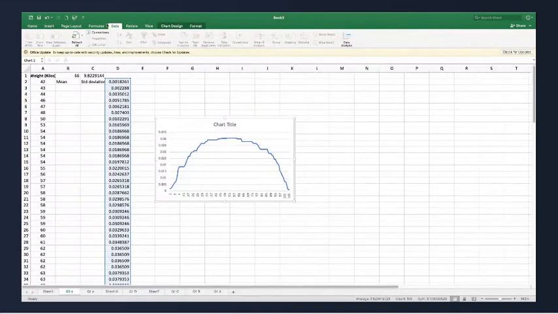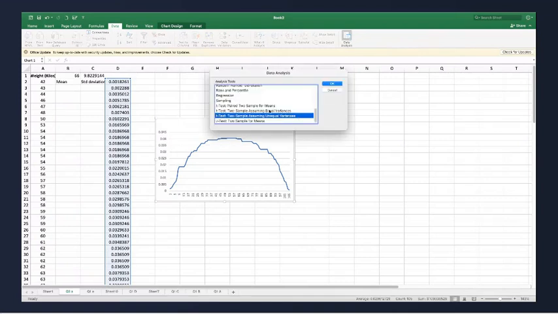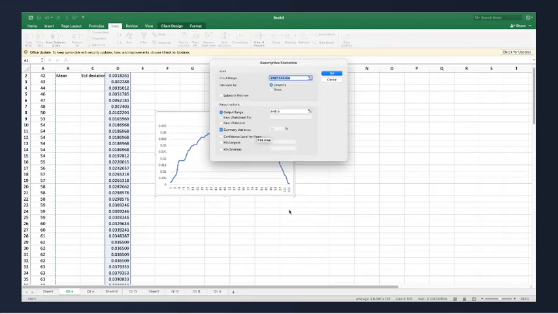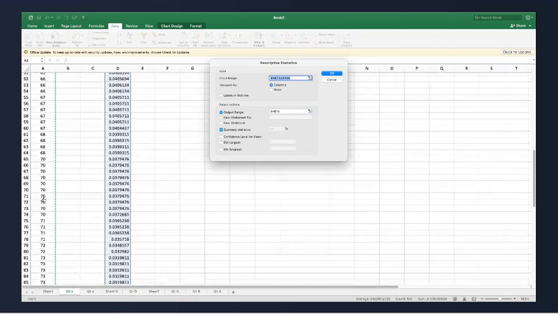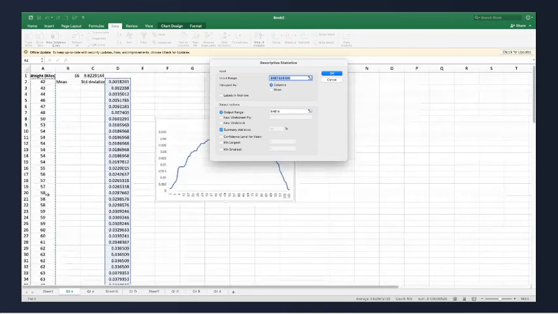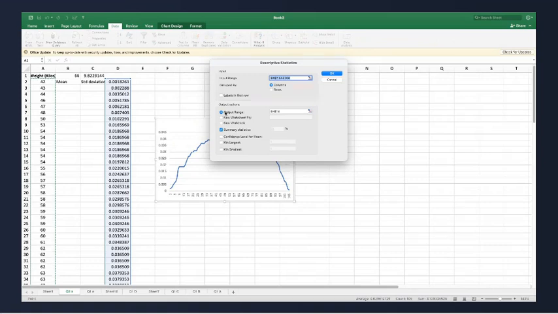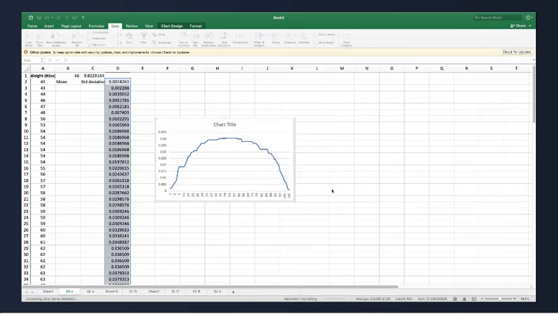So you will go to the data tab, click on data analysis, and then go to descriptive statistics. Now click on OK. In descriptive statistics, you will select the weight variable. We have to take the weight variable, we don't have to take the normal distribution column, and I'll have to select the output. We want the output here. As soon as I select OK, the output will come here.